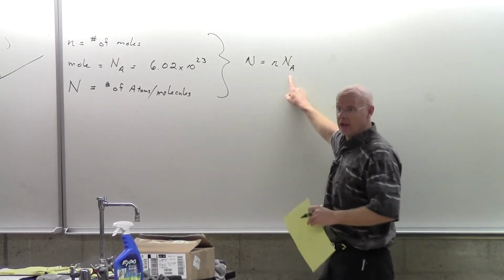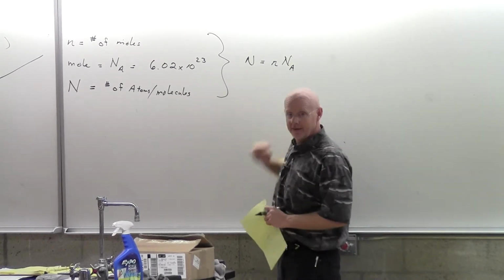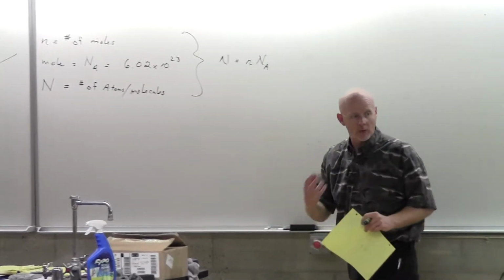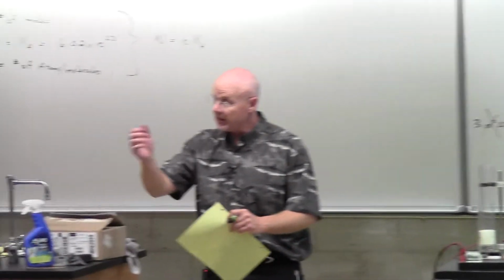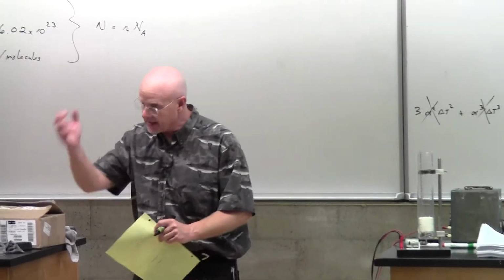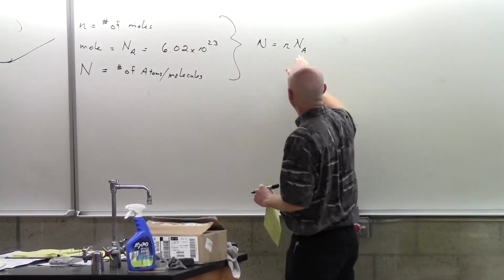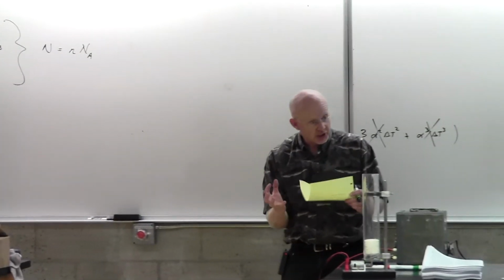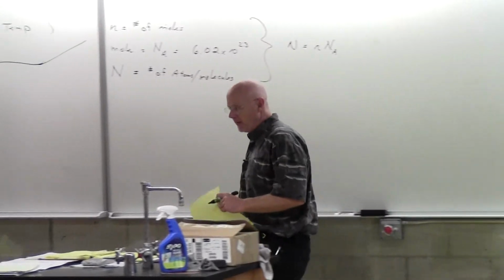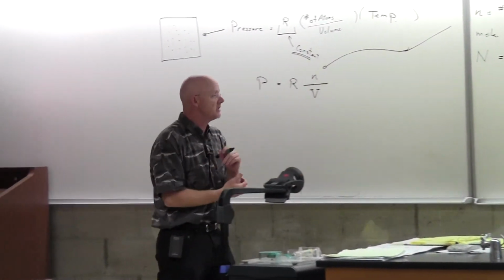How many days are in a week? 7. You multiply them together and get 21. And so that would be our connection between how many days and how many weeks, or how many donuts and how many dozen. And the same thing here. This will be our connection between how many atoms and how many moles of atoms. And so it's just a convenient number of grouping things together. We do it all the time in terms of weeks, in terms of months, in terms of dozen.